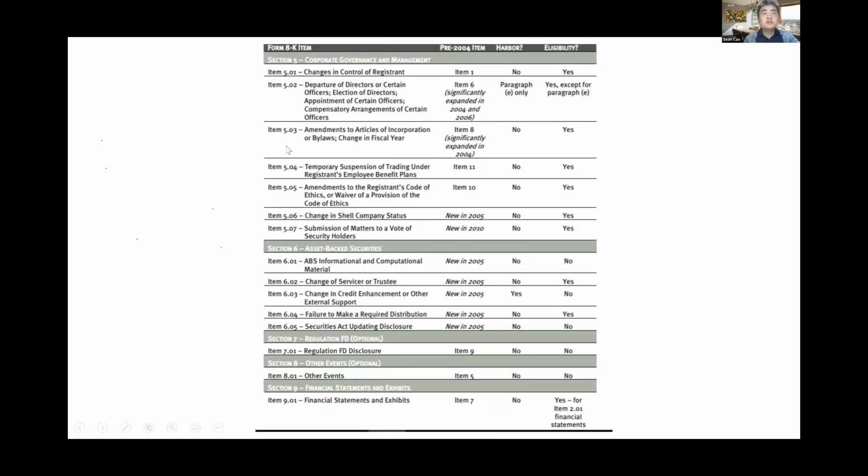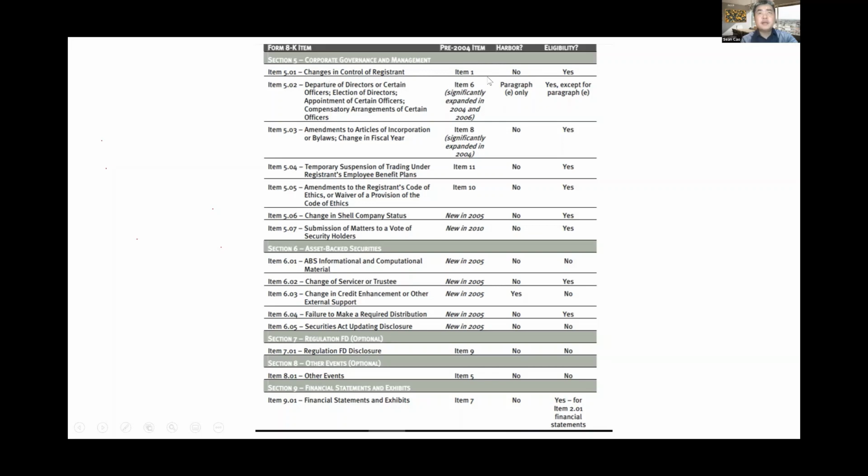So let's look at more items. Item 501 is about the changes in control of registrant. You can see that before 2006, or 2004, I need to confirm that year, before 2006 or 2004, it was the item